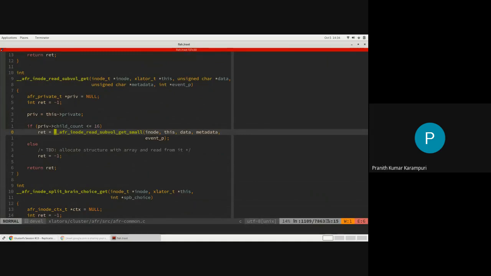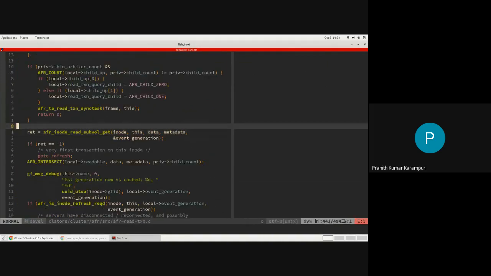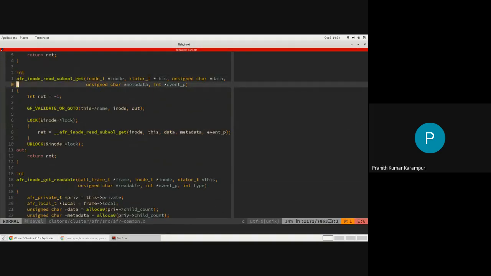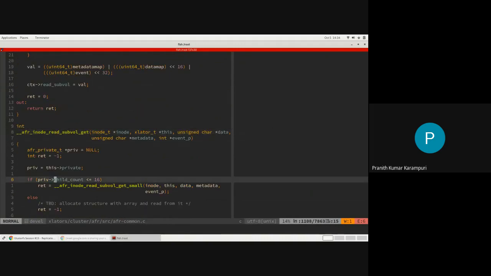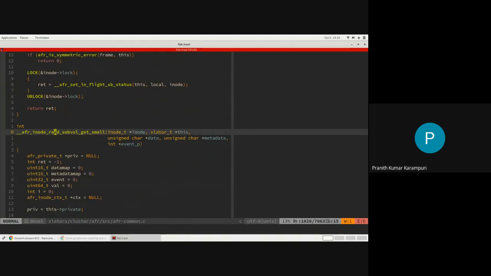The other thing is, how do you know which bricks have good copies? That is the other part that is covered. If we look at this read subvolume get, it will see what information I had when I did the lookup last.